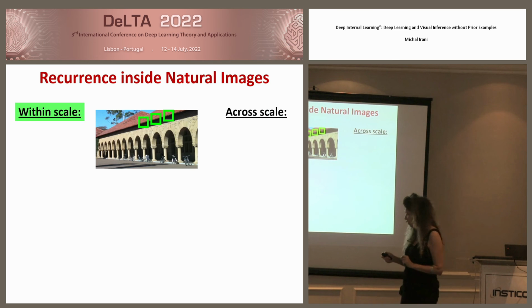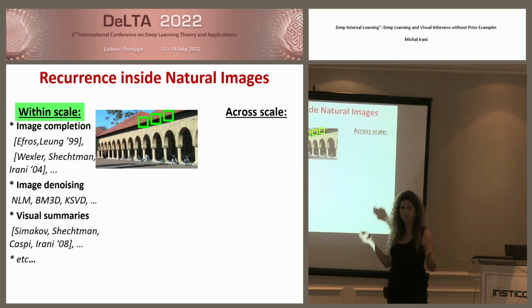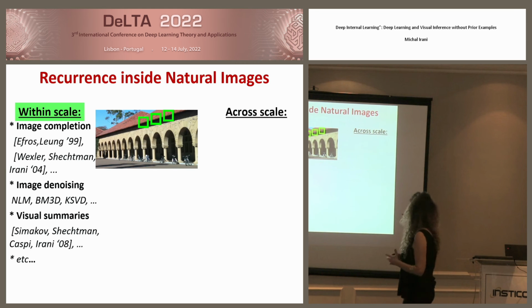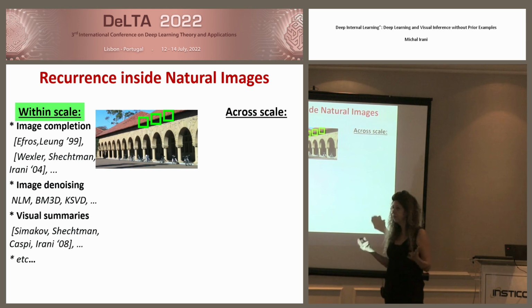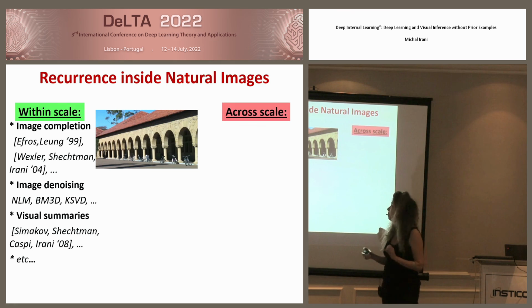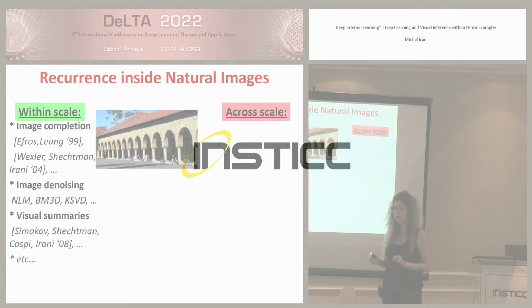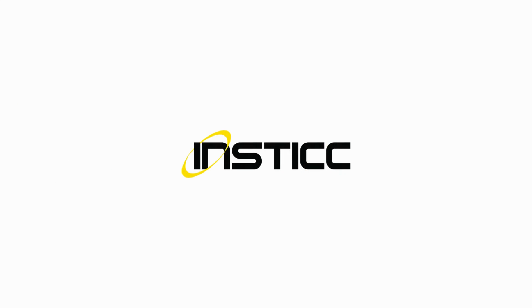And this property has been used by us and by many others for a wide variety of problems in computer vision, including image completion, image denoising, visual summarization, and whatnot. Less commonly used, but also very strong, is the recurrence of patches across scale in the image. What I mean by that is if you take the image and downscale it, then almost